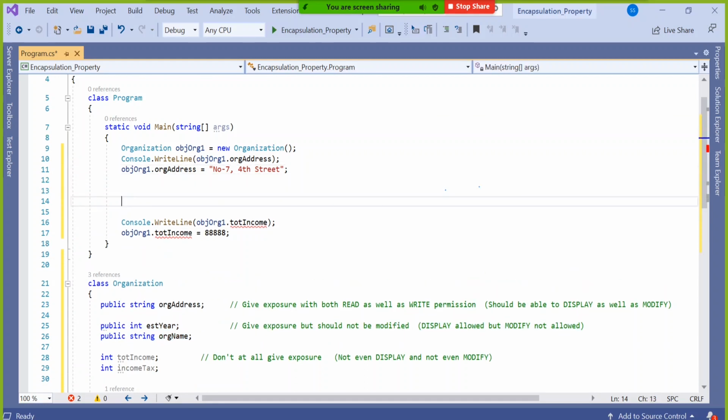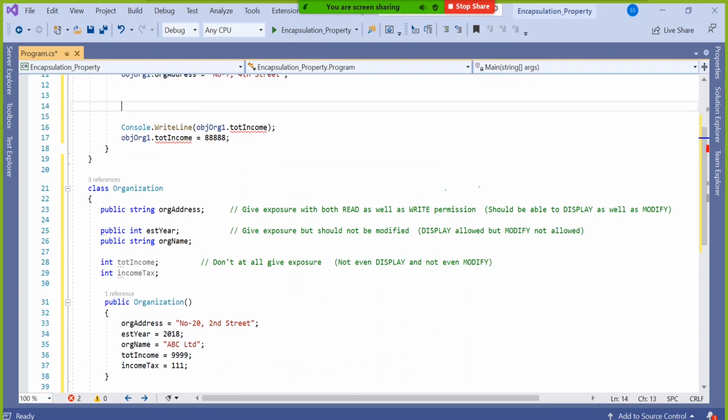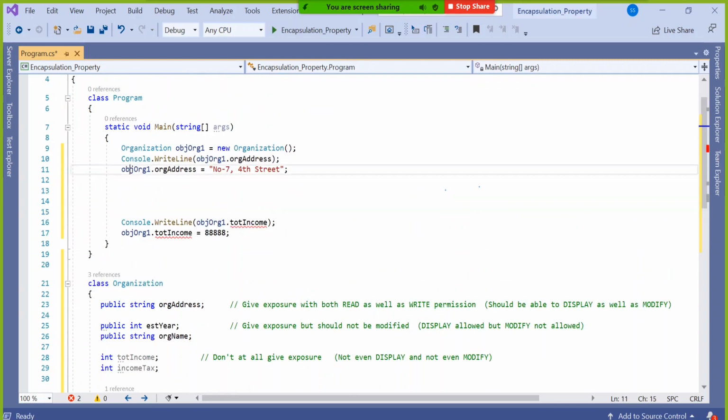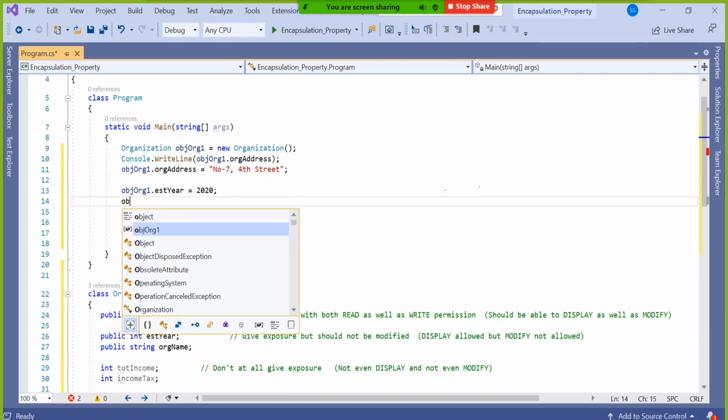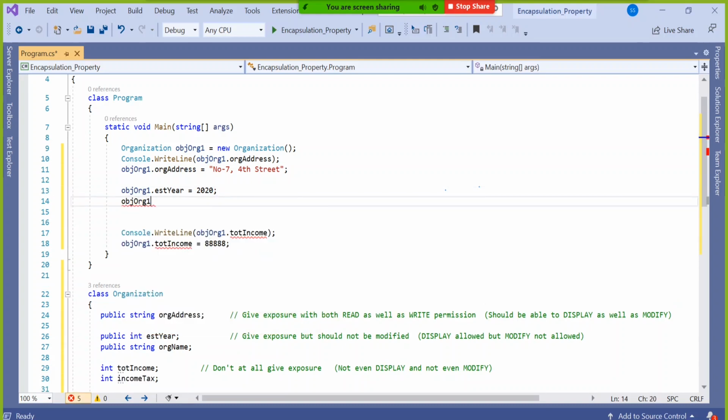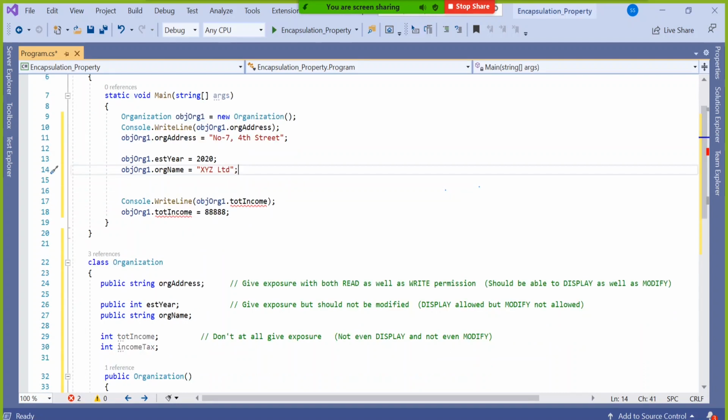If I'm trying to modify obj org1 dot establish year, this is allowing me. If I try to modify obj org1 dot organization name, it is allowing me. Now the trouble is for these two things.